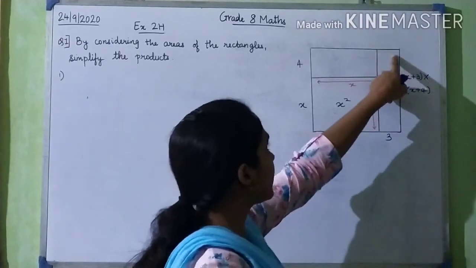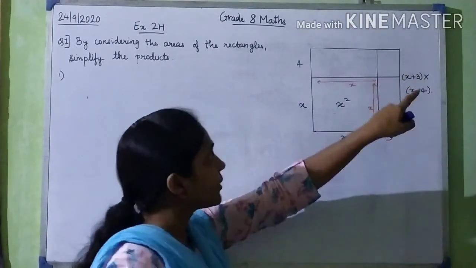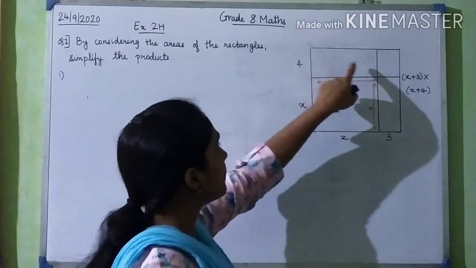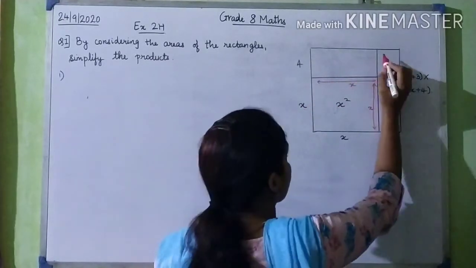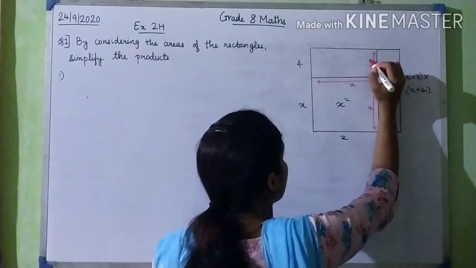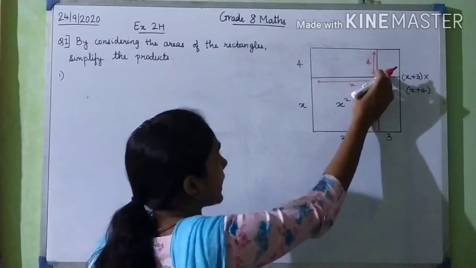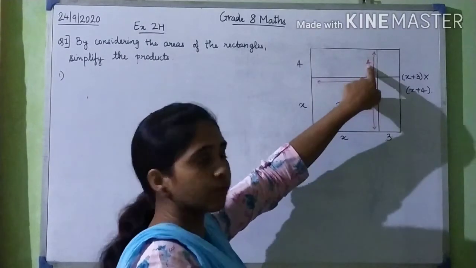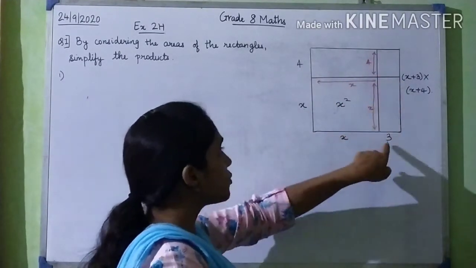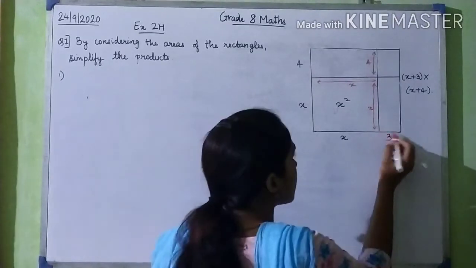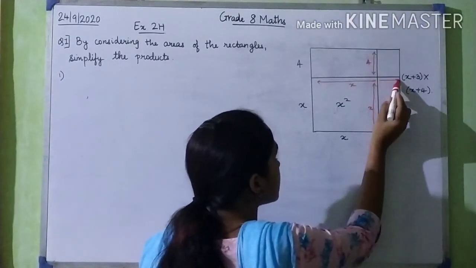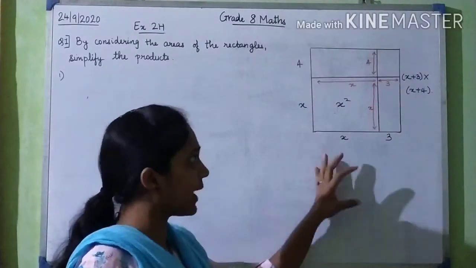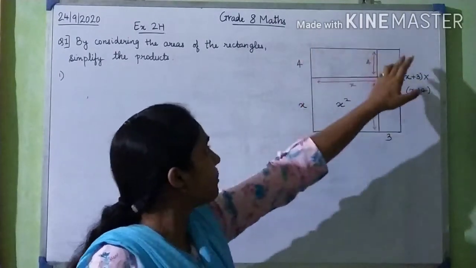Then here there is a smaller rectangle. What will be the length and breadth of this rectangle? This side will be 4, because this side is opposite to this side of the rectangle. So if this is 4, this is also 4. And how much will this be? This will be equal to 3, because this distance is 3, so this distance is also 3. So we have got the dimensions of each square and each rectangle.